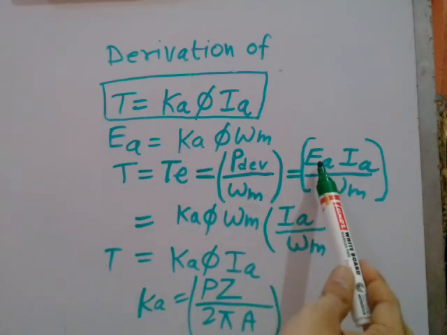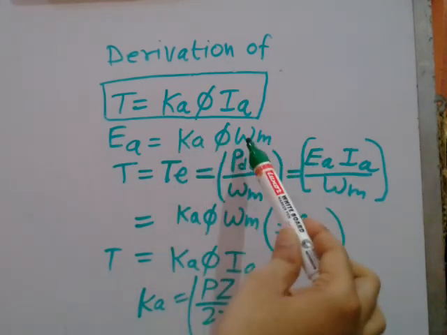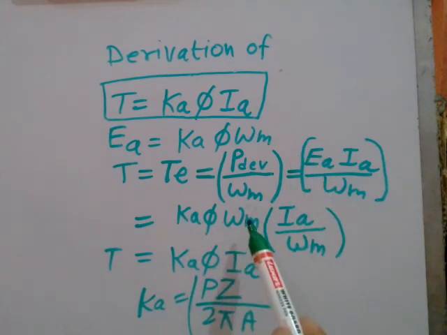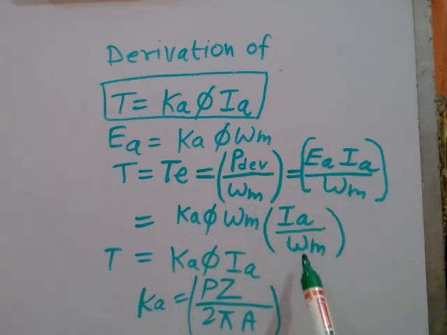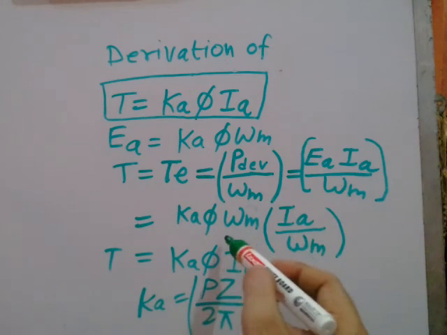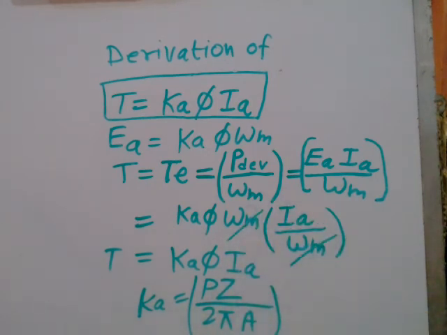So in place of EA, put this whole value K phi omega m here. So K phi omega m into IA by omega m, right? Omega m gets cancelled from here, right? So what is left? Ka phi Ia. T is equal to K phi Ia, right? Where Ka is a constant, right? K is a fixed value, it's a number for a particular machine,